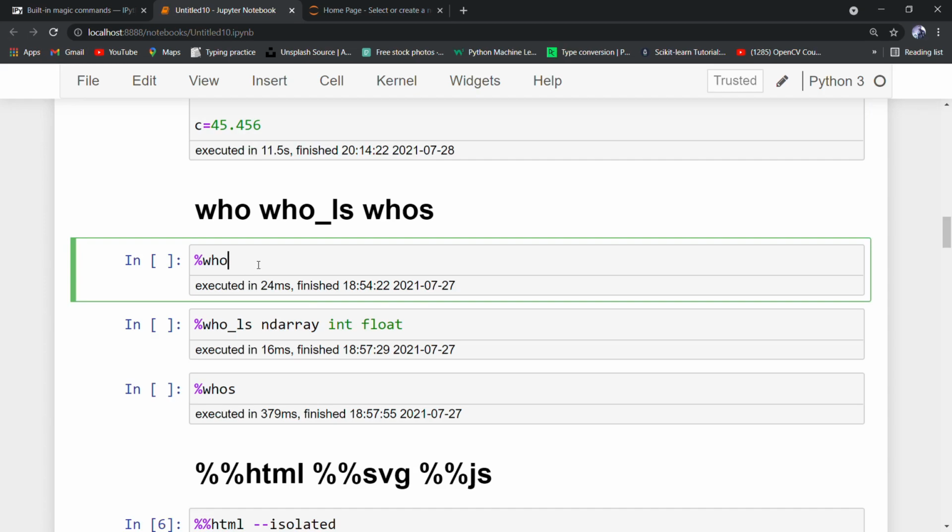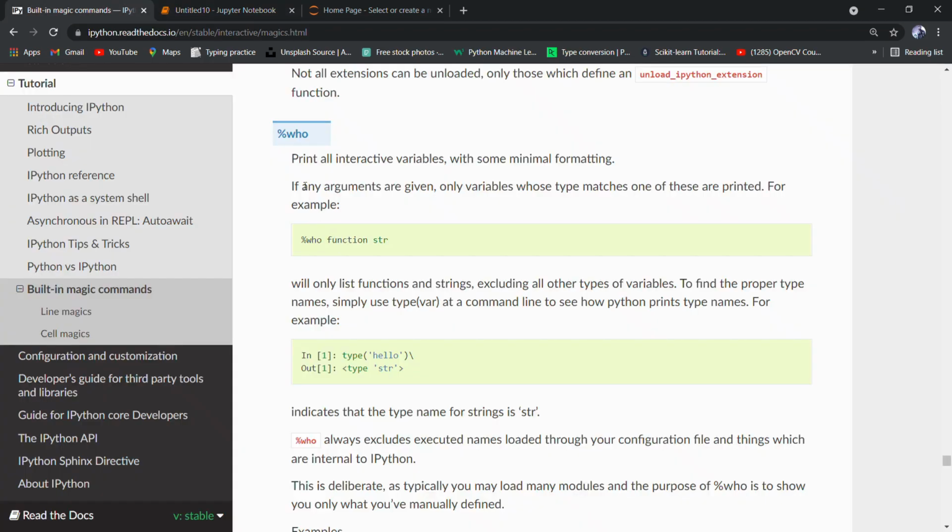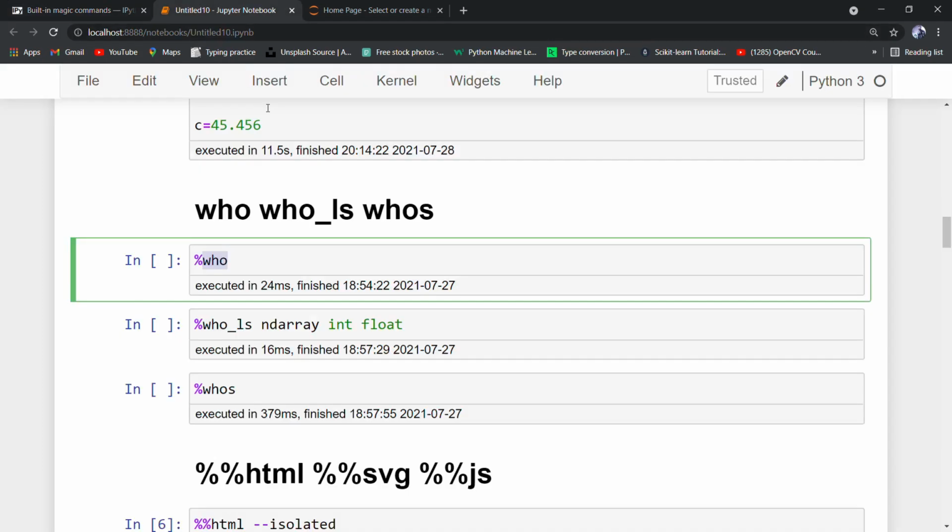So the magic function is who. Let's see its documentation. So here we can see that it says print all interactive variables with some minimal formatting. If any arguments are given, only variables whose type matches one of these are printed. So let's first run this.